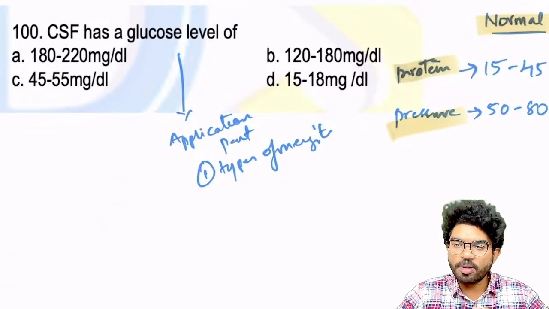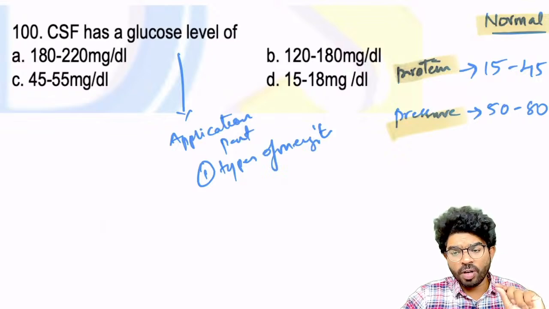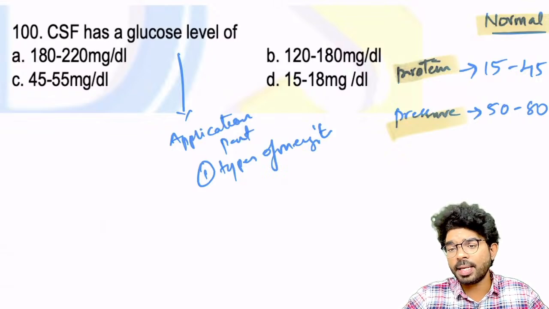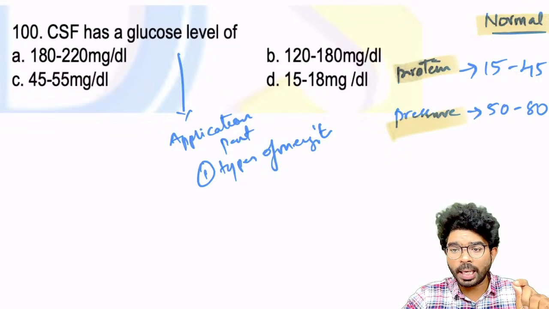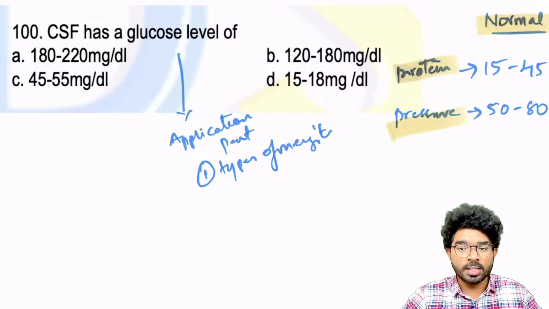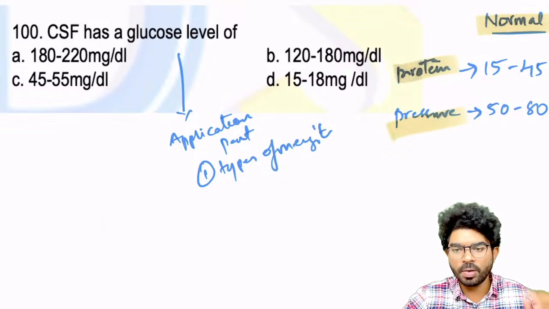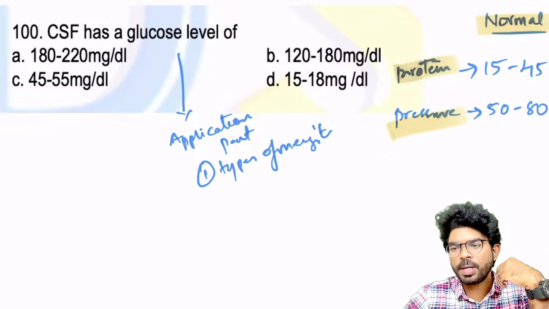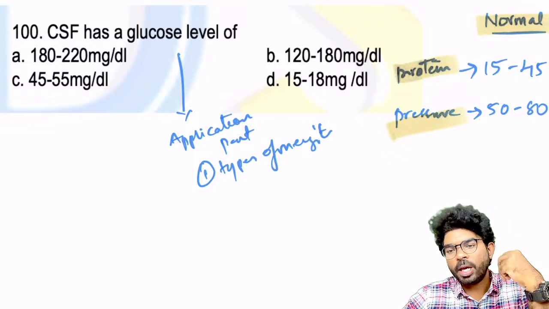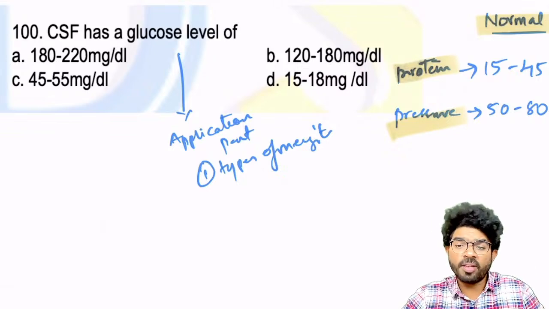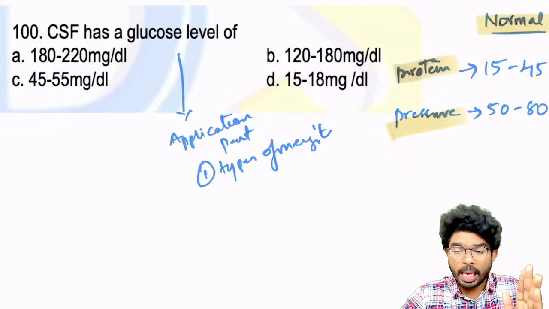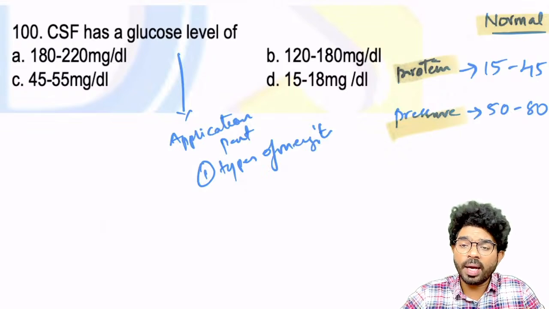There are so many types of meningitis. How you differentiate different types of meningitis is basing upon the biochemical investigations obtained from cerebrospinal fluid. So you take cerebrospinal fluid from the individual, send it for the biochemical investigations. Basing upon the findings, you can differentiate which type of meningitis it is,